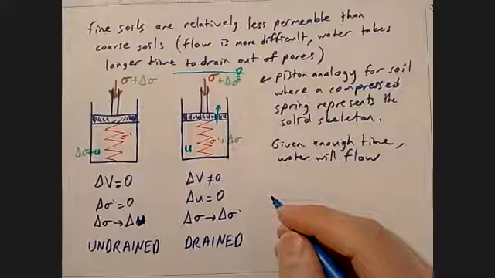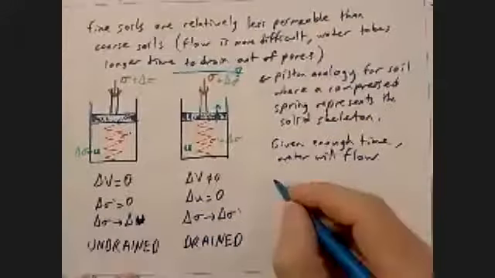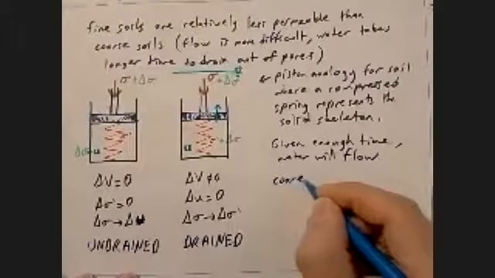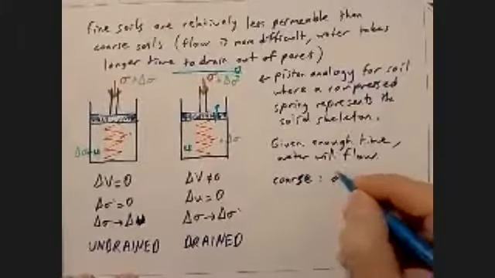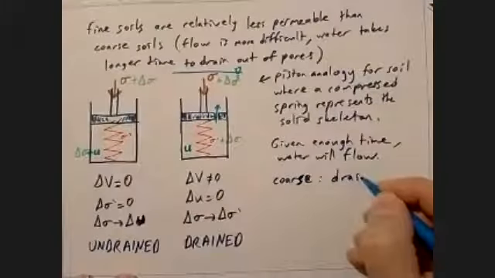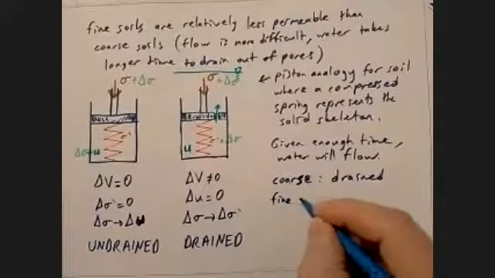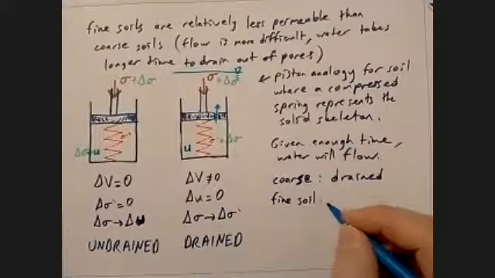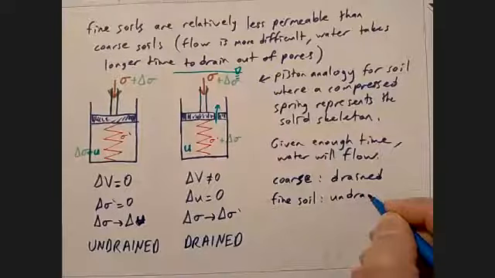So that means the coarse soil is drained always. Fine soil is undrained immediately